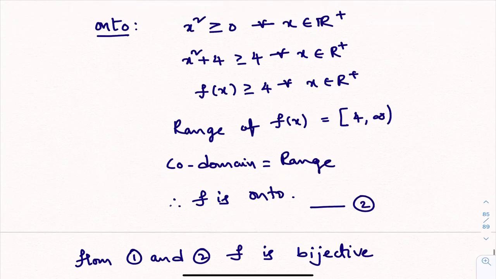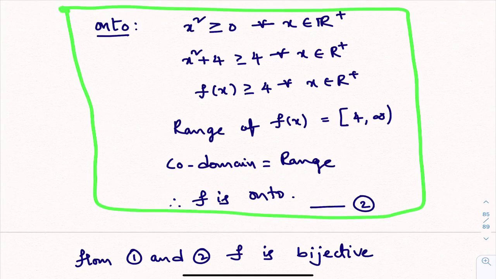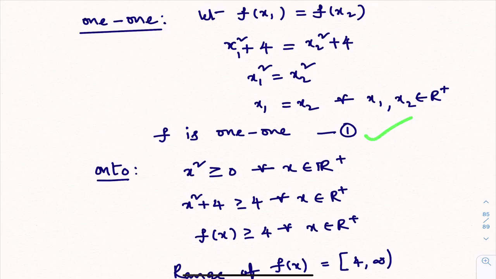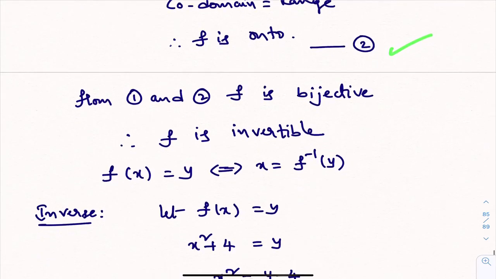See, this is the first time you are proving onto like this. Till now in exercise 1.2 also I have not used this method, but for some problems I can do like this in exercise number 1.2. I felt that this is the easiest method to say the function is onto. When codomain is the same as range, then we say that the function is onto. I hope you are understanding this, right? Now what happened? In equation 1, I proved that it is a 1-1 function, and in equation 2, I said that it is an onto function. When the function is 1-1 and onto, then the function is a bijective function.